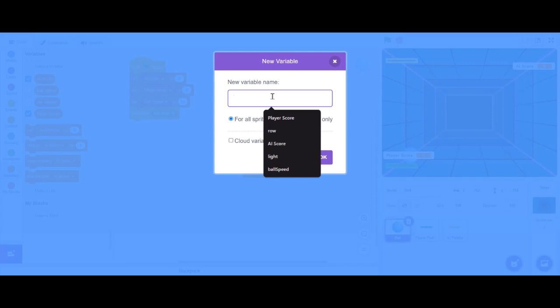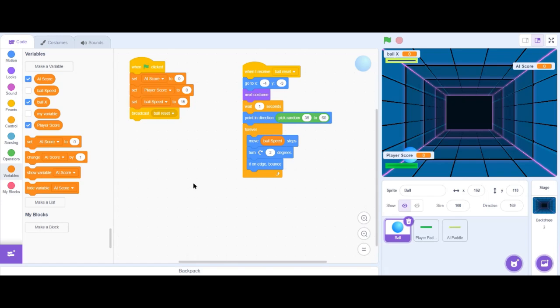Now let's make the variable ball X. So this variable is going to store the X position of the ball. Click on OK, and let me hide this ball X variable. We don't want to display the ball X variable. So let me uncheck this box,